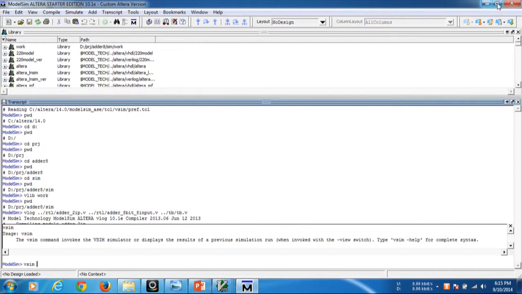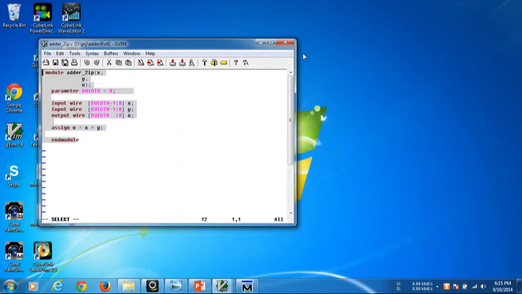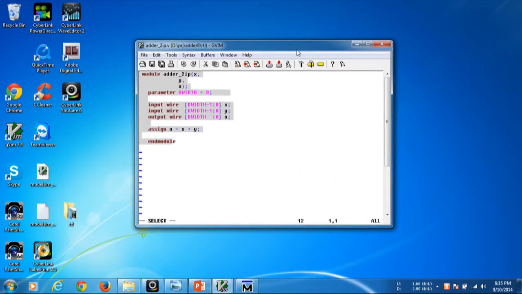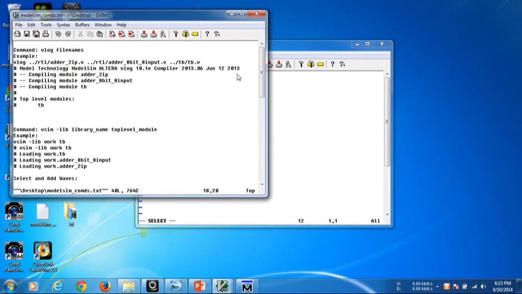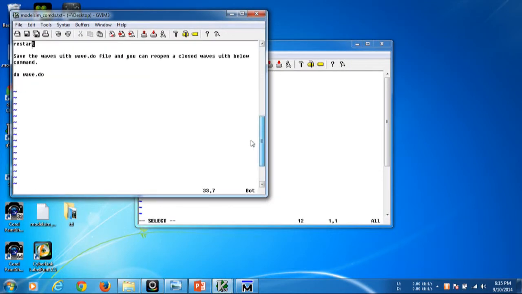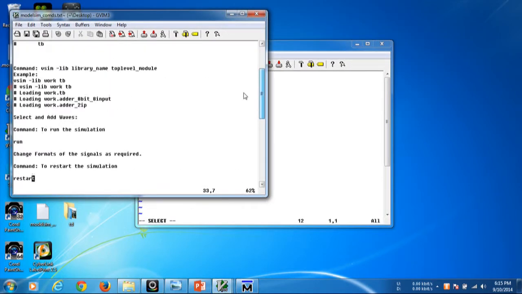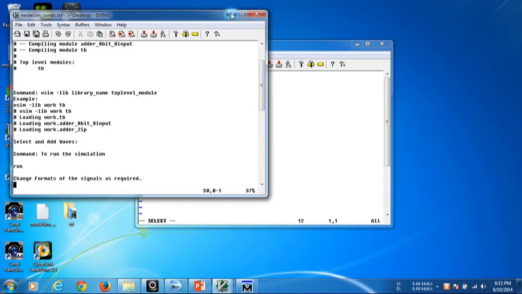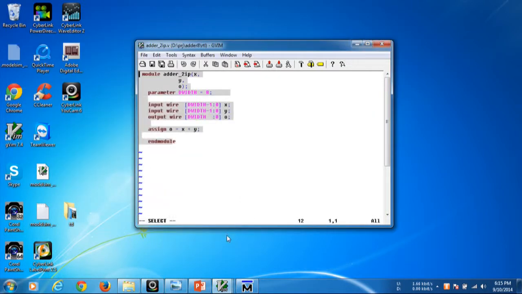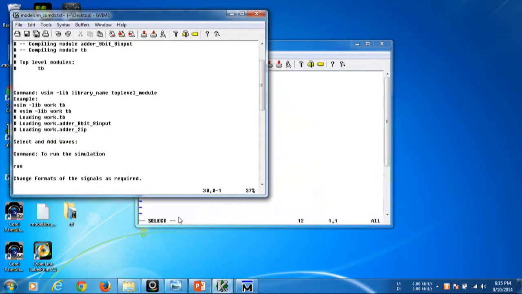Let me remind what the command for it is. The command is vsim hyphen library, library name, top level module.